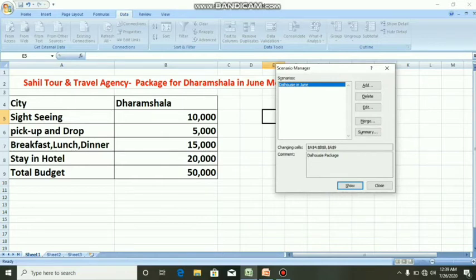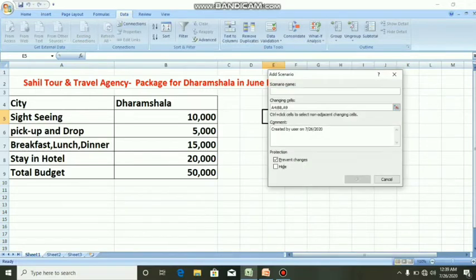To compare these two scenarios, I can create one more scenario. Click on Add button. I can give the name Shimla in June. I can select the data.